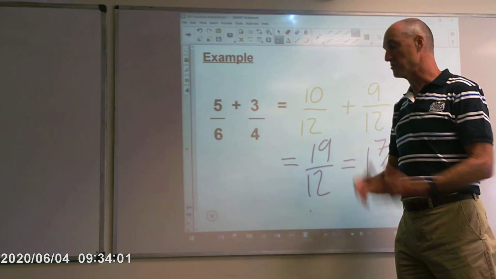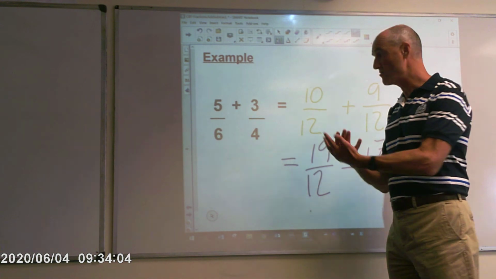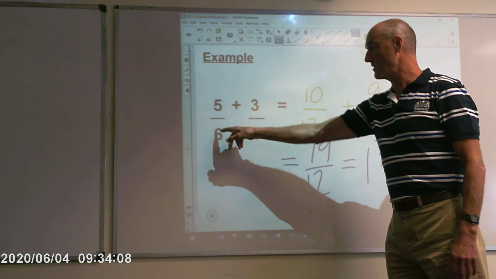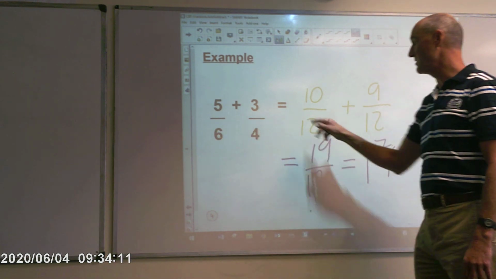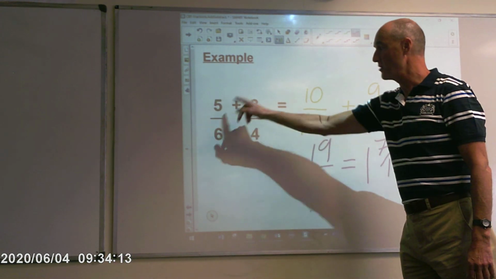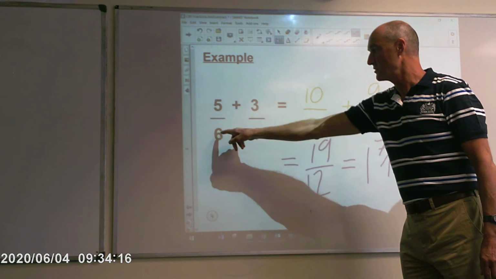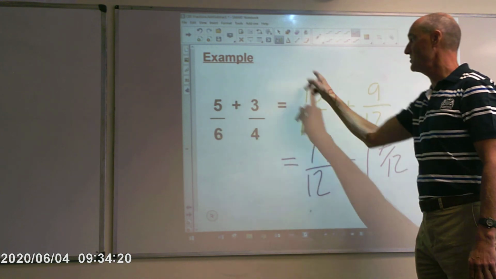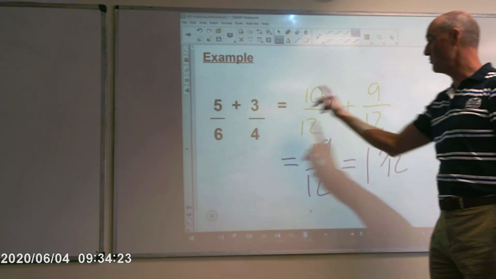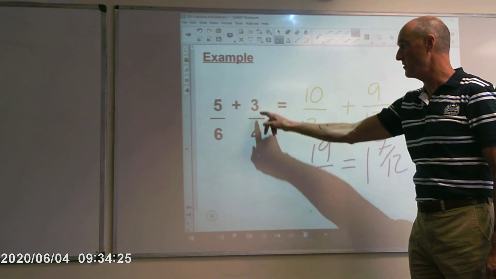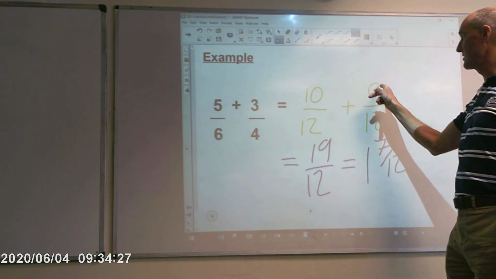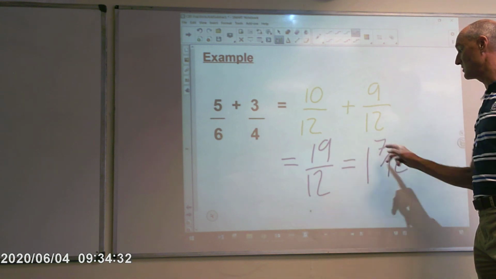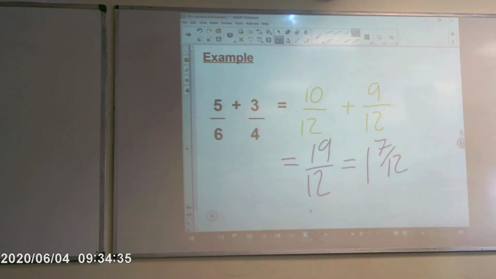Sixths and quarters. Can't add them directly together straight away without doing anything with them. What's the lowest common multiple? The lowest number that 6 and 4 go into is 12, so we convert them both into twelfths. What do I do to the 6 to get it up to 12? I multiply it by 2. Multiply the top by 2, gives me 10. What do I do to the 4 to make it into 12? I multiply it by 3. 3 multiplied by 3 gives me 9. I've now got twelfths. Like terms, I can add those together, and I'll put it in its simplest form as a mixed number